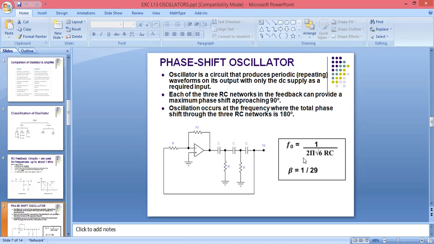Sometimes there will be a question in the exam where they give the value of the output frequency, the value of the capacitor, and the value of voltages, and you are supposed to calculate the value of R. So what we have to do is just put in the things we know, and then you will get the missing term. The value you don't know, you will get.